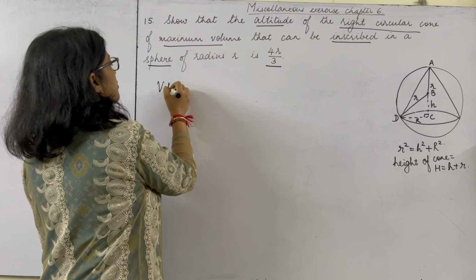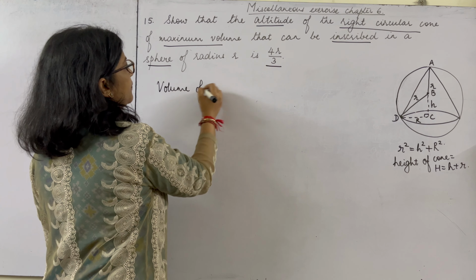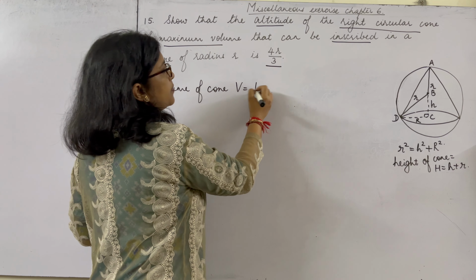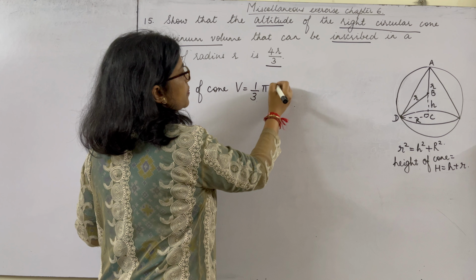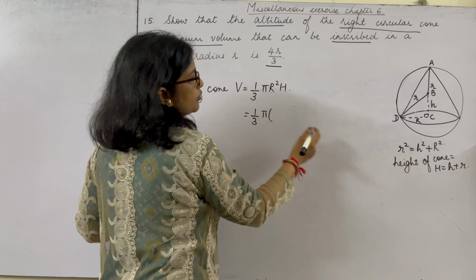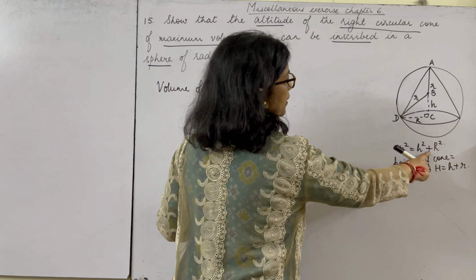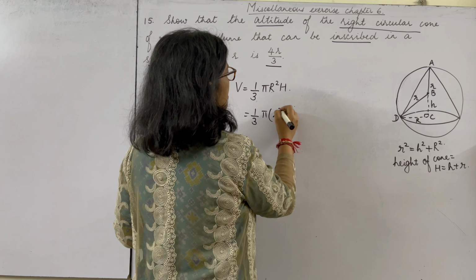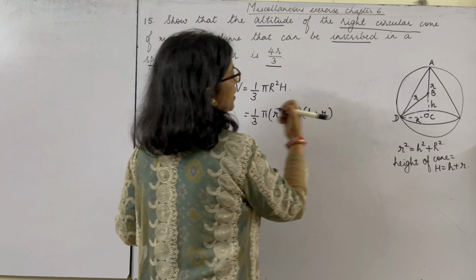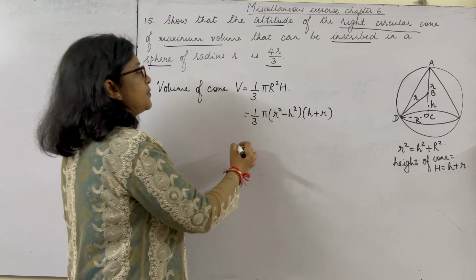So volume of cone is, say, V, which is 1 by 3 pi R square H, and from here capital R square is r square minus h square and H is h plus r, the height of the cone. Let's simplify this,